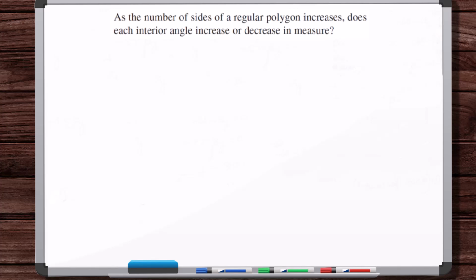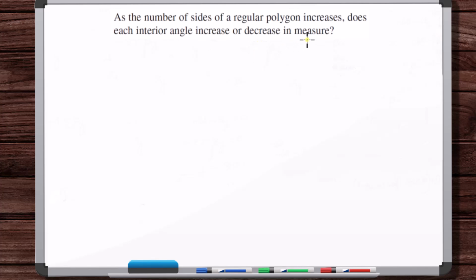In this video, we're going to answer questions and work example problems based on everything we learned in section 5 of chapter 2 about polygons. So convex, concave, and regular polygons, as well as polygrams. So let's get started. As the number of sides of a regular polygon increases, does each interior angle increase or